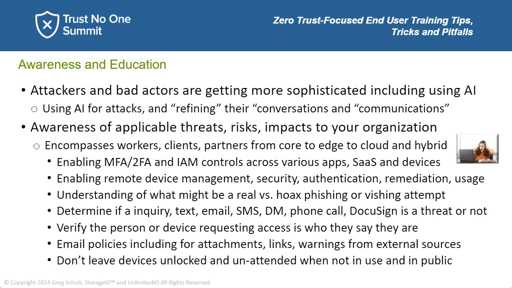We can't ignore email. We can't ignore email. It is still probably the largest point of where attacks are coming in, attempted attacks. We have to be very, very careful with that. The other part to this is around social engineering. And again, social engineering is leveraging the different tools, technologies, and techniques to convince you to do something, whether it's coming via the email, the text, the vishing, a DocuSign, whatever it happens to be.